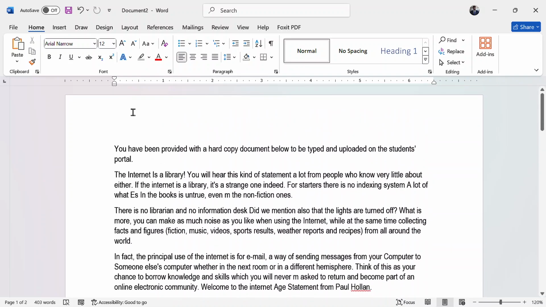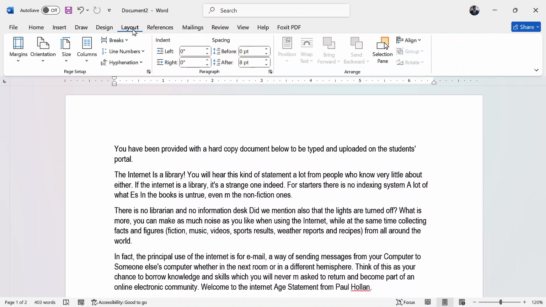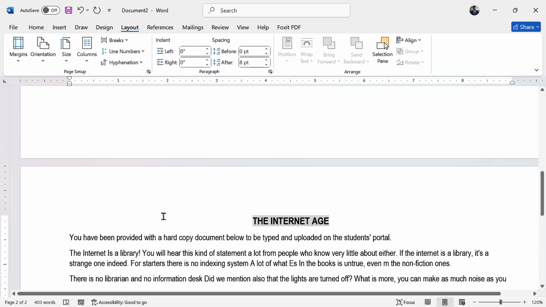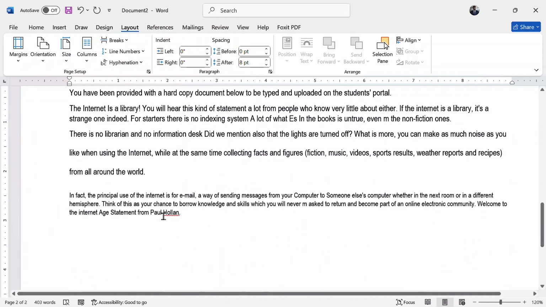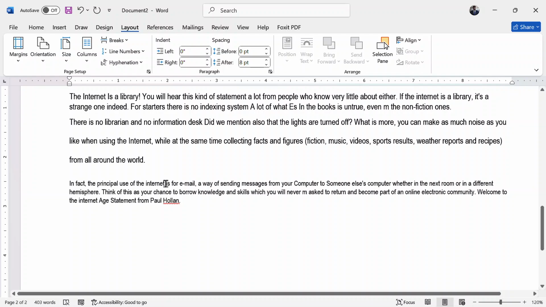So that feature is found under the layout tab. So when you want to change the orientation of the document, just go to the layout tab and you see orientation. So when I tap on layout under page setup group, I'll definitely see orientation, and we have only two orientations, like I've said, portrait and landscape. So I want to change it to landscape, so I tap on landscape and boom, everything turns to landscape. All right.